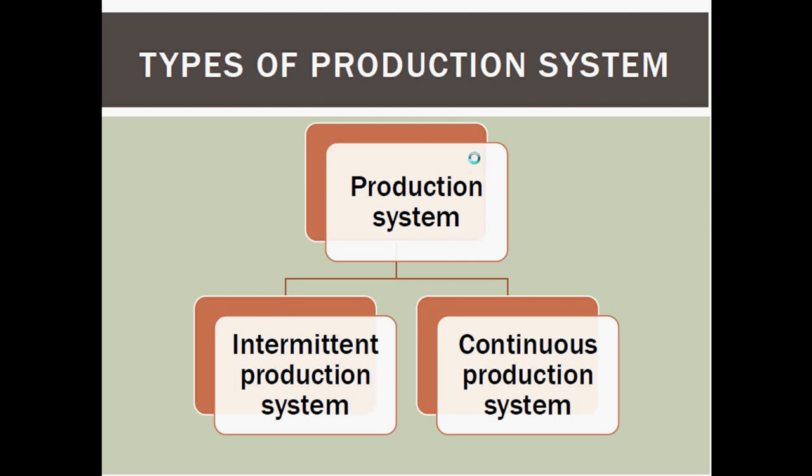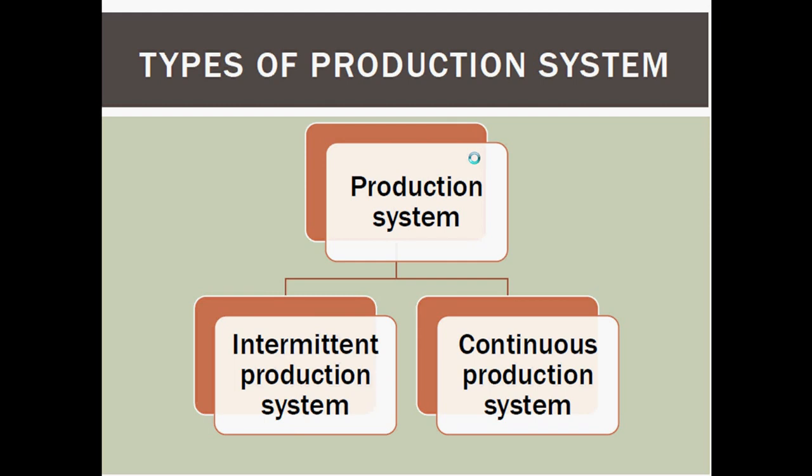That is called as continuous production system. So here the mass production is possible, as well as process production. But in case of intermediate production system, we can accommodate according to the customer need. If the customer need is more and more, according to that we can manufacture. If the customer has different ideas and different concepts, according to that we can manufacture and produce it. That means it is called as intermediate production system.